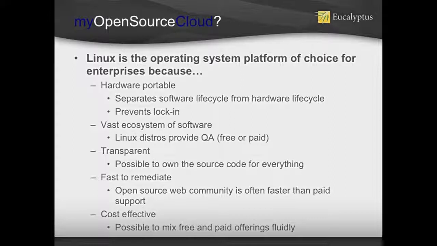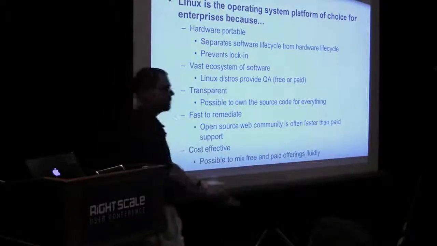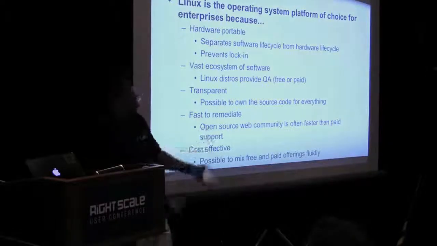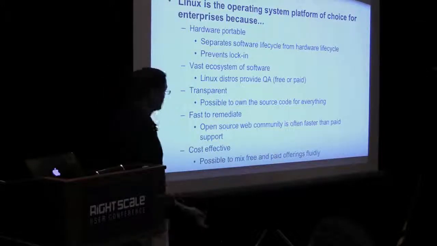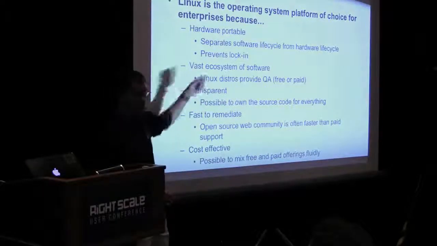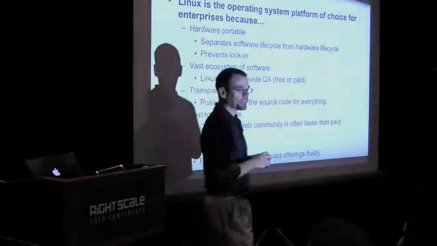So this ecosystem of software completely wiped out what any legitimate tech company could provide on the same time frame, and everybody is doing QA on this. Everybody. We see so many people who are feeding back problems, issues, complaints, thoughts for the open source Eucalyptus. It really speeds our QA process, and that's been true for Linux for a long time. It's transparent. When something goes wrong, you can look inside.